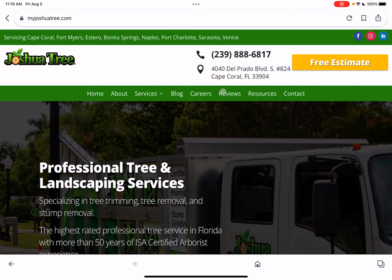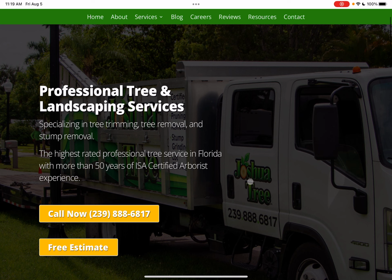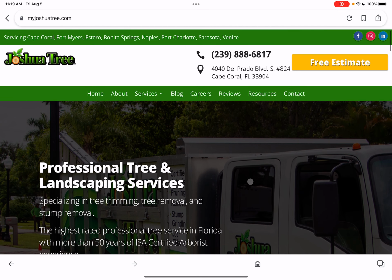So starting with content, you want to have at least 1,500 words of content on your homepage on your site. And the reason for that is Google is going to crawl your page. They're going to look through all your content. They're going to look through all your pictures and what your pictures are saved as, all that stuff. And they're looking for relevant keywords to your business. What you do, where you do it, your service area, all that kind of stuff. And that is going to tell them that you guys are professional in your business in the areas that you